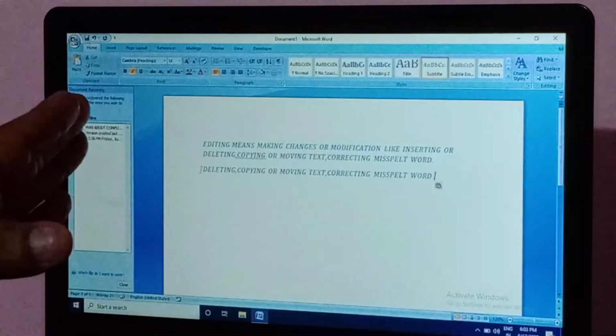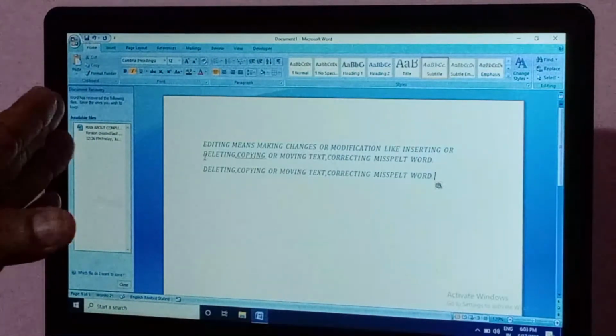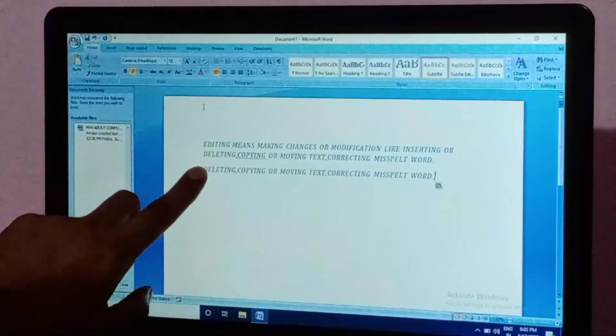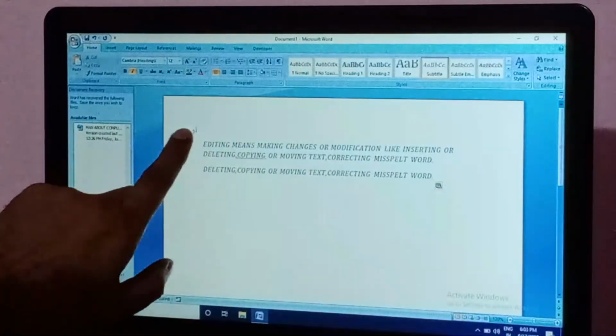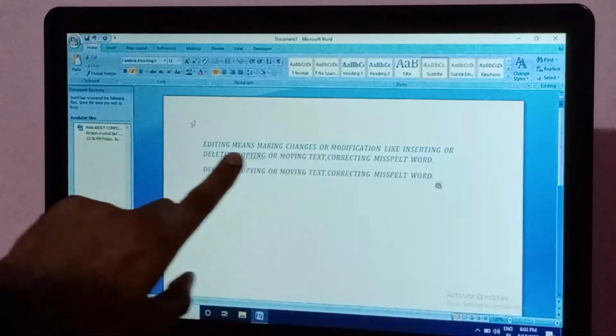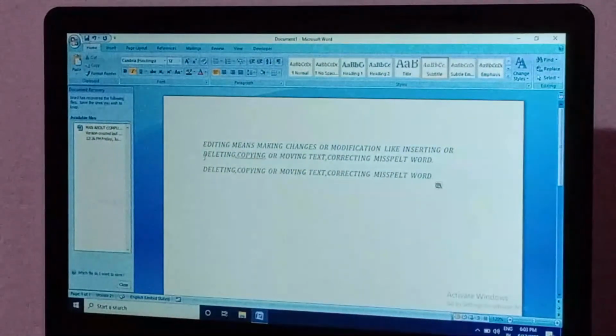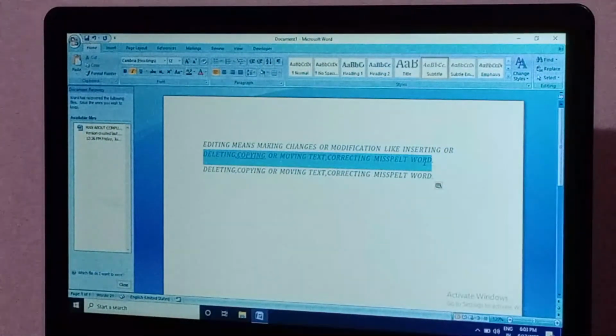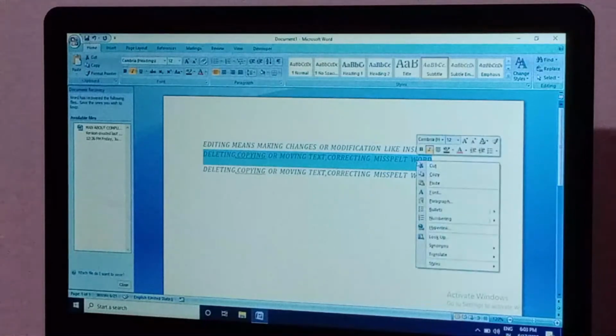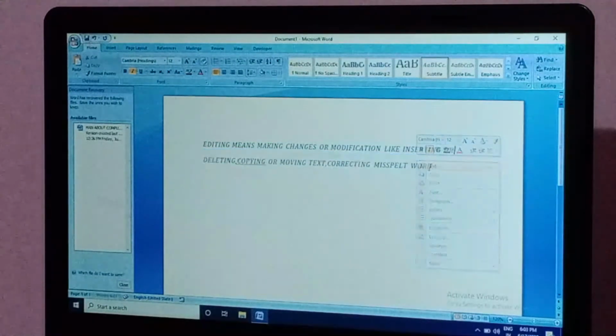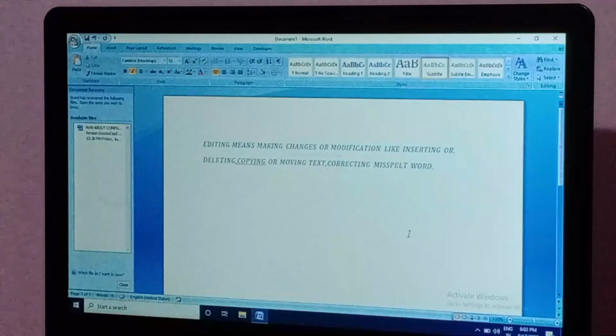Suppose there are two sentences that are the same. Suppose one sentence is not needed here. You just click on all of the sentence and right click, and this option is the cut option. This automatically cuts the sentence.